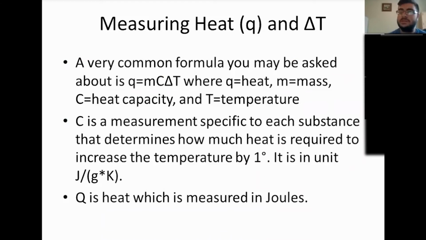All right, so this is another common topic that they may ask on the MCAT, and it essentially revolves around one equation. The formula you may be asked is Q equals mc delta T, commonly called Q equals MCAT, just because the delta looks like an A. Q equals heat, m equals mass, c equals heat capacity, which we'll cover, and T equals temperature. It doesn't matter whether Kelvin or Celsius because we're doing a delta T, so Celsius and Kelvin are the same thing.